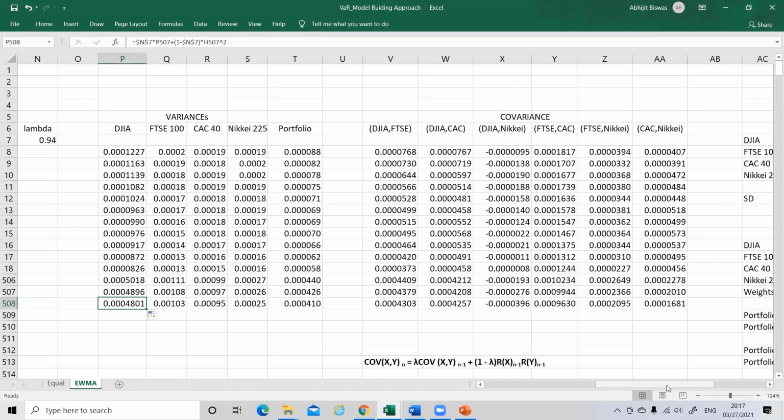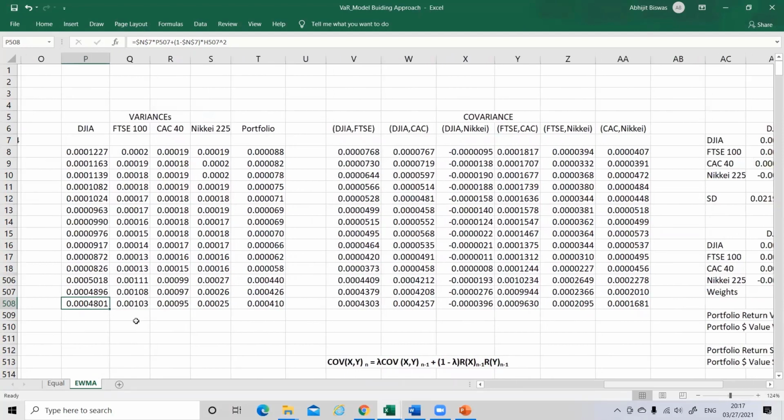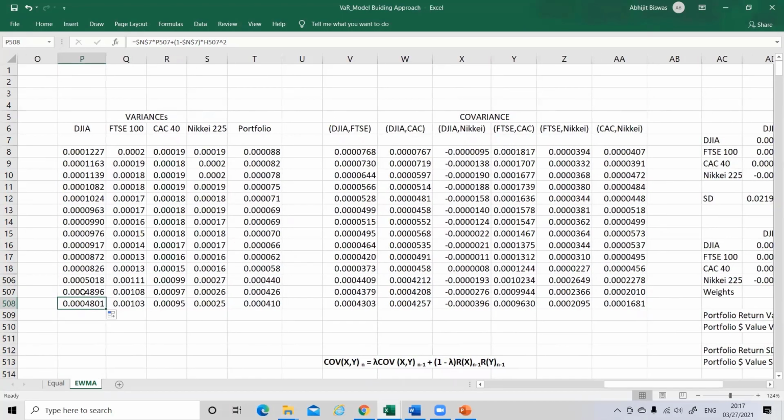Yes or no? So likewise, the same thing we'll have to do for all others. You can just select this row like this till this part and just drag it down by one cell like this. Okay, because I'll be requiring all this now. Just do that. You select from this to this, then you just drag it down like this.